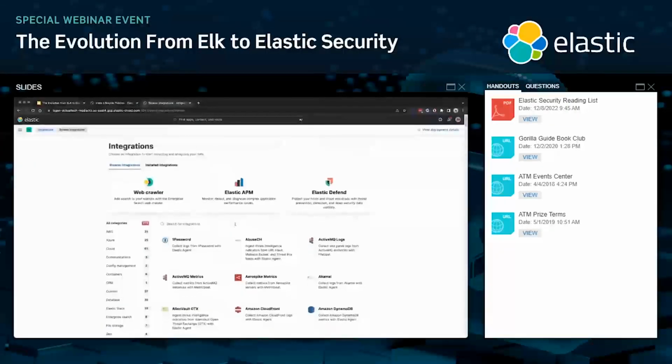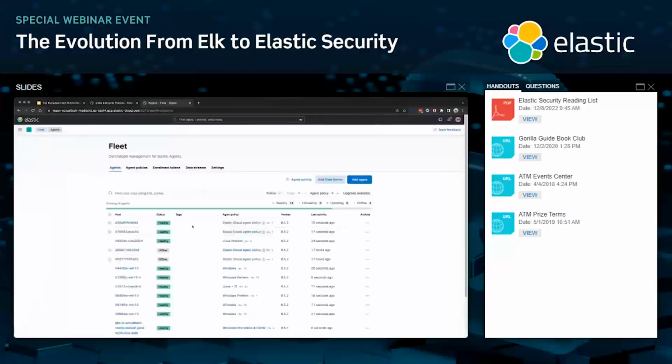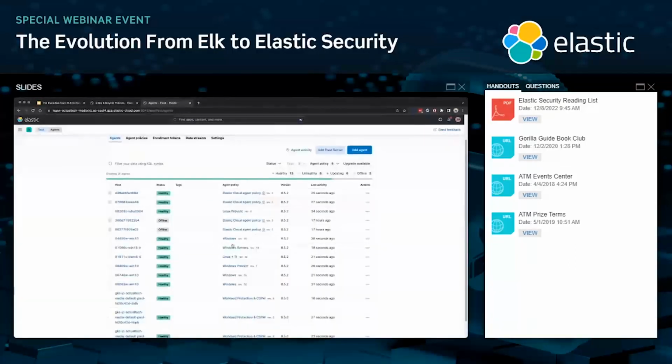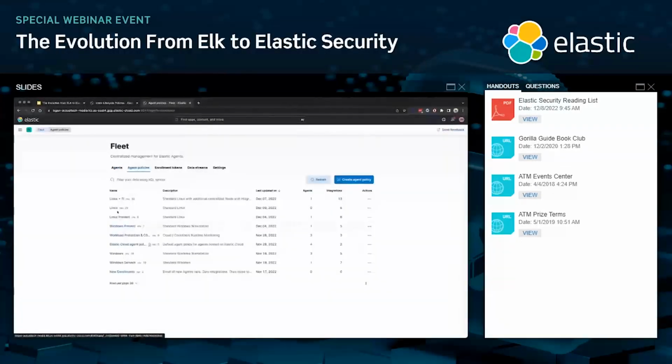The next place I have to go from integrations is down to something we call Elastic Fleet. And again, this is the new ingest architecture. Not to say Beats and Logstash are gone, they're still very much there, but these are what we call Elastic Agent. And you're seeing a list of agents that have enrolled into the Elastic platform and all belong to their own agent policy. So if I click over to agent policies, I'll see I have some Linux and Windows oriented policy. I have a cloud oriented policy, but the takeaway is that one agent belongs to one agent policy.